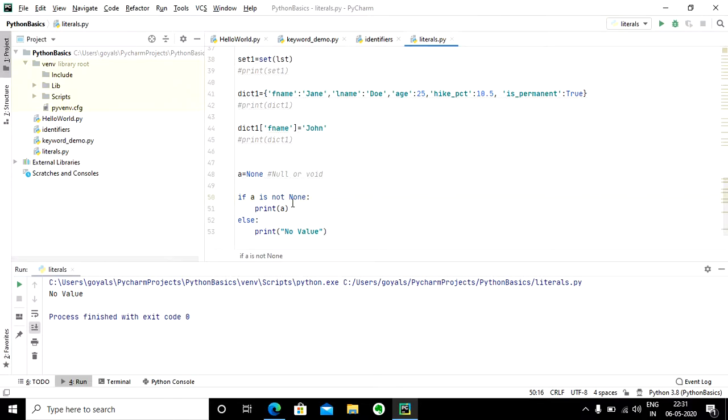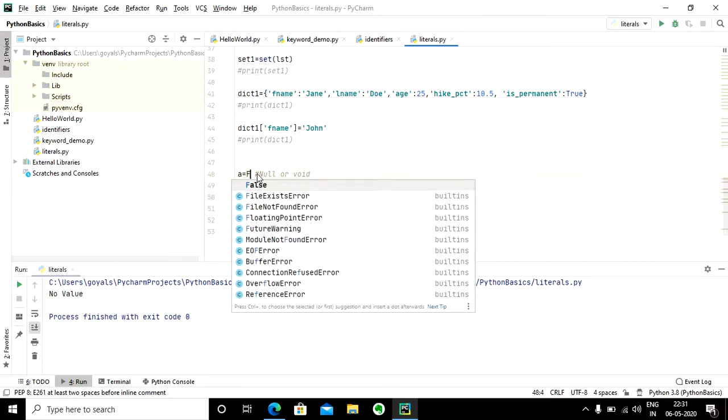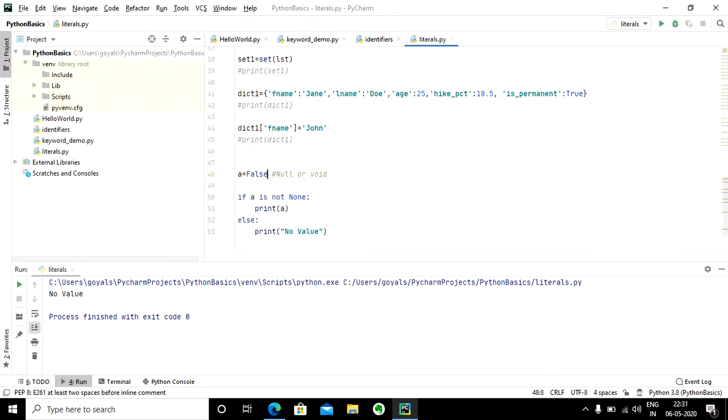It is returning no value because the value contained within a is None. However, if I change it to some other thing, let's say False, and if I re-execute this code, then it is going to return False. That means None is not the same as False.